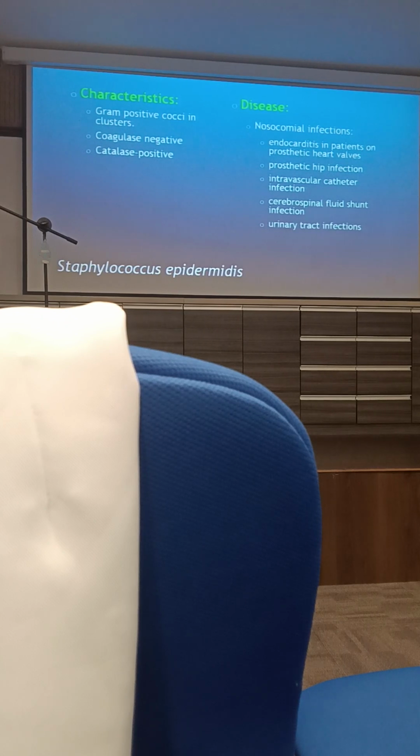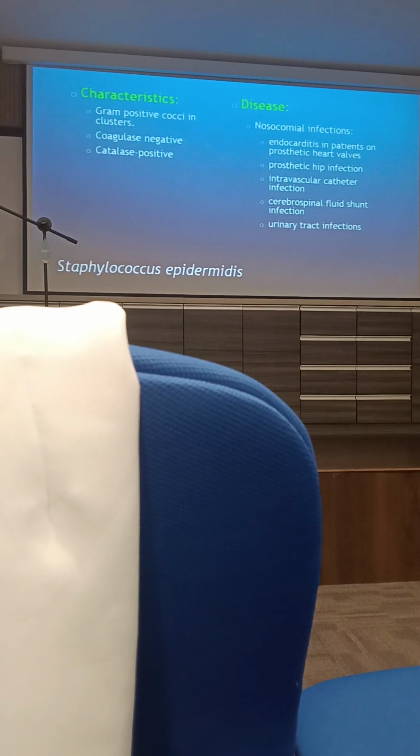What grows on prosthetic devices? What is produced? Remember, like in plastic bottles and all, biofilm. Because Staph epidermidis, although it's a normal flora on our skin,